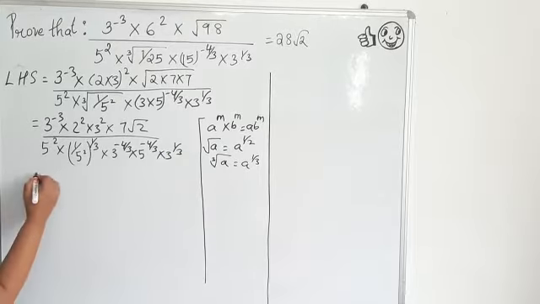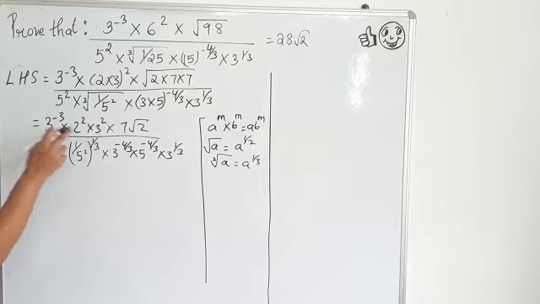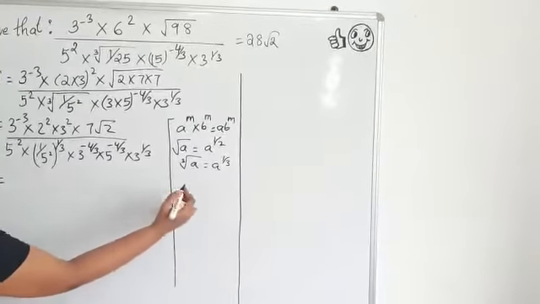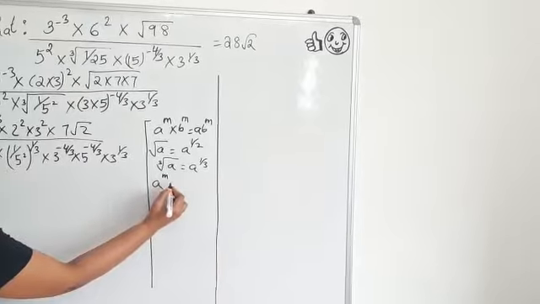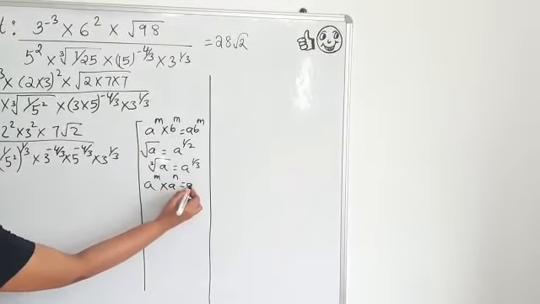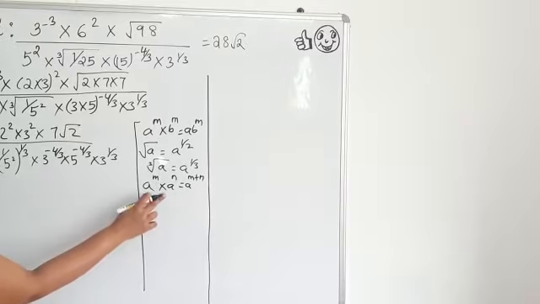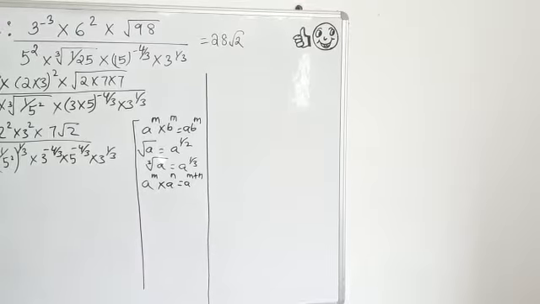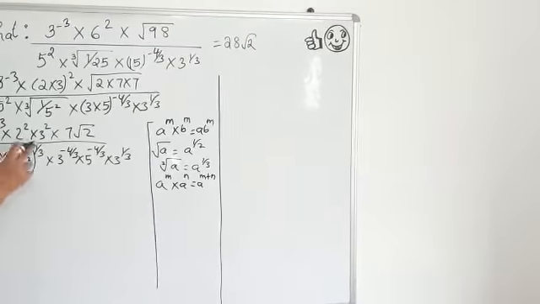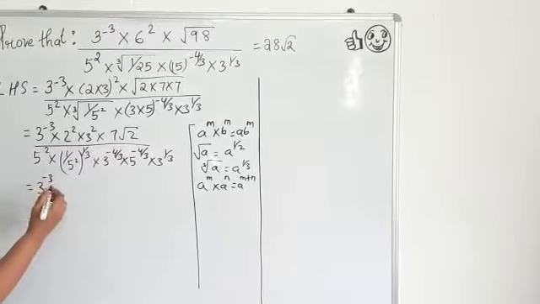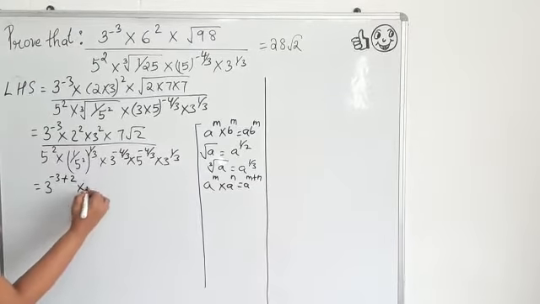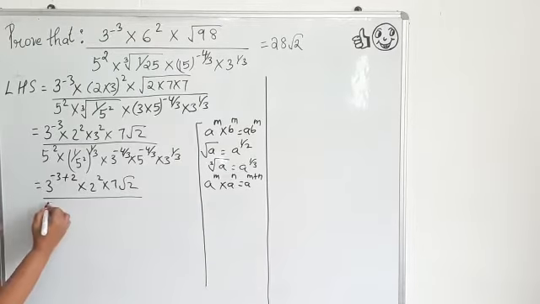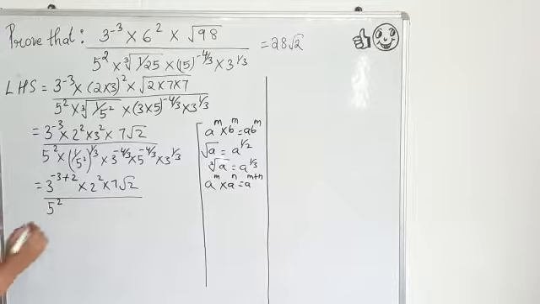1 by 3. So then for 3, both the bases are same and the powers are different. We can use the first law of exponent, which is a power m into a power n, which is equal to a power m plus n. If it is a multiply sign and the bases are same, and powers are different or same, we can add the powers and write the single base. So for 3, it will become 3 power minus 3 plus 2 into 2 square into 7 root 2. So this will become then 5 square divided by denominator 5 square.